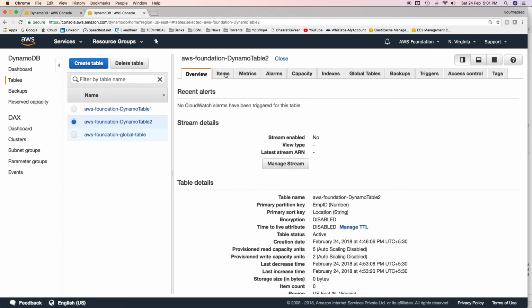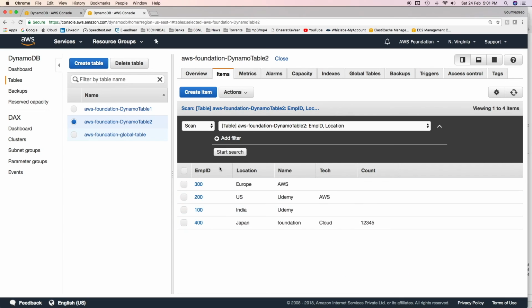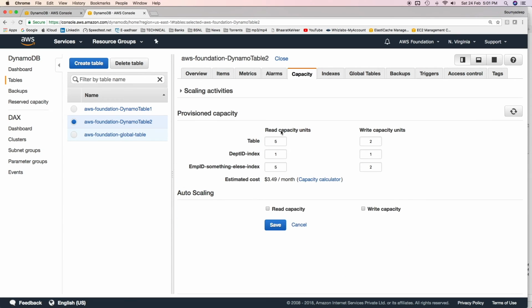First, let's see the items. So all the items have been restored. Capacity units have also been restored as usual. The restored table got a table RCU of 5 and WCU of 2. The first GSI got an RCU of 1 and WCU of 1, and the other GSI has been restored with RCU of 5 and WCU of 2.